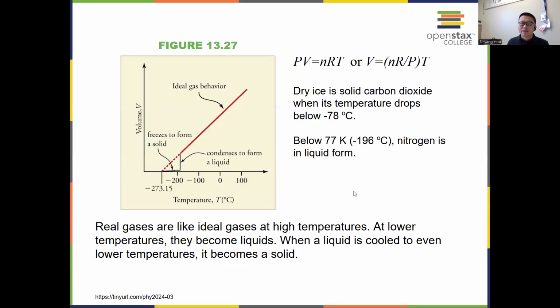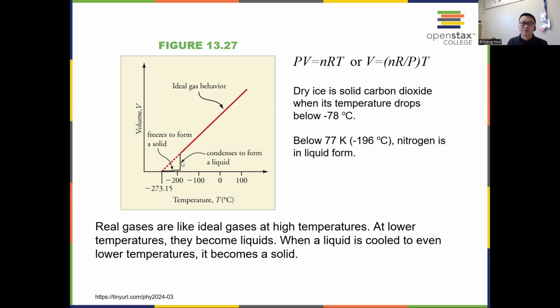Now, a lot of times we can use diagrams to represent different phases of a substance. So for example, if you have a VT diagram, volume versus temperature, and the diagram is a straight line, then this is a gas, ideal gas behavior, because for ideal gases, PV equals nRT. So V and T are proportional to each other if the amount of gas is not changing and pressure is not changing. R is the gas constant. So if in the region it's a straight line,